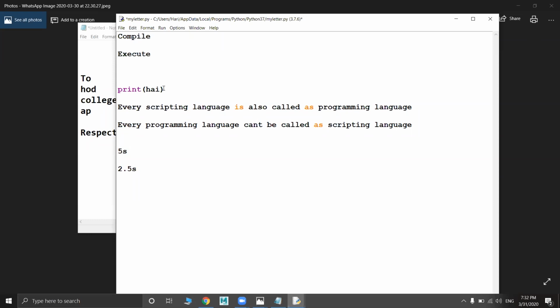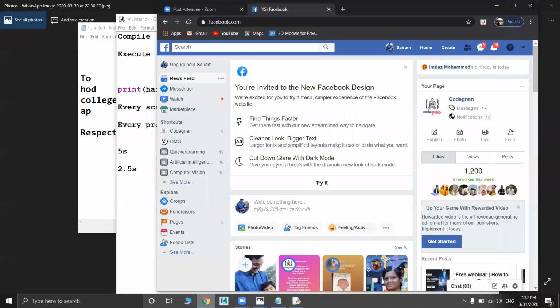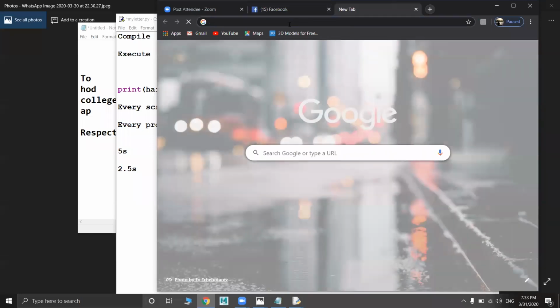Am I right? And as a computer science student or as someone passionate about the software field, whenever you have some doubt, you simply go and search something in Google, right?